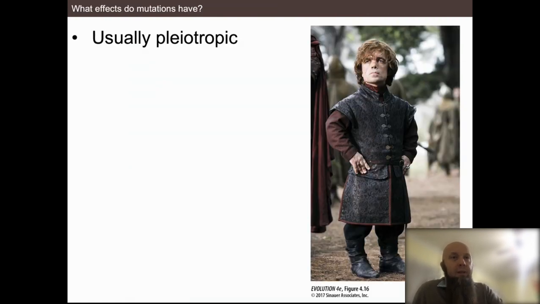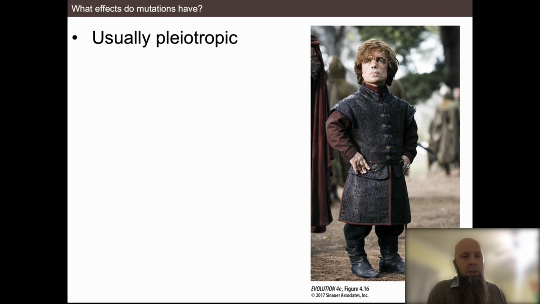So what effects do mutations have? Well, when I talk about simple examples of different alleles, right? When I pretended like hair color and eye color are determined by one gene with two alleles, obviously that's not the case, right? We know that there are many more than just brown and blue eye colors, right? There are lots of other, hazel and green and whatnot. The other thing that we need to note is that